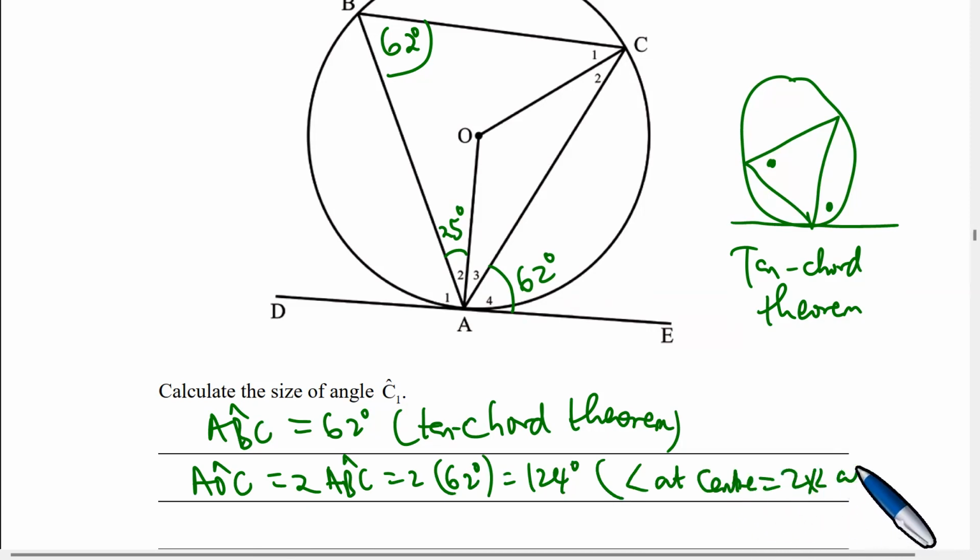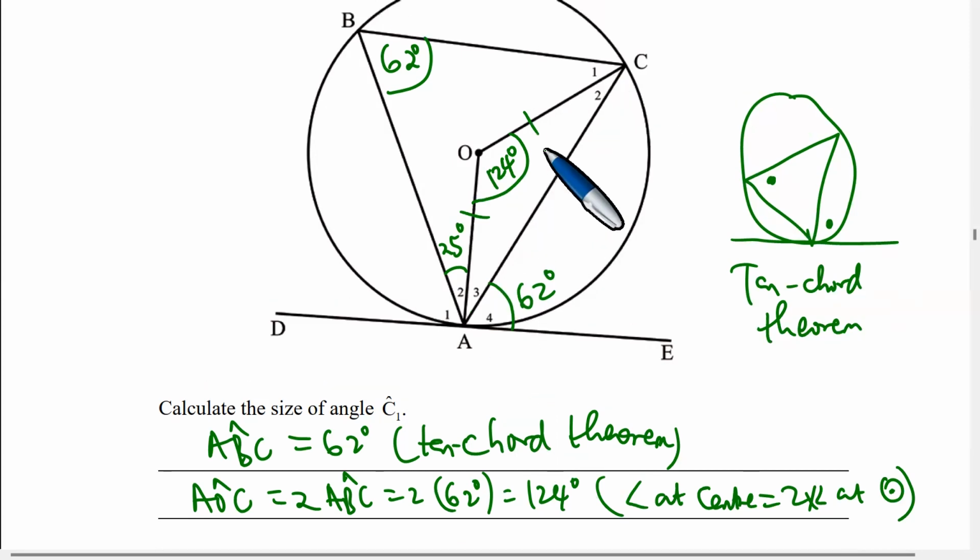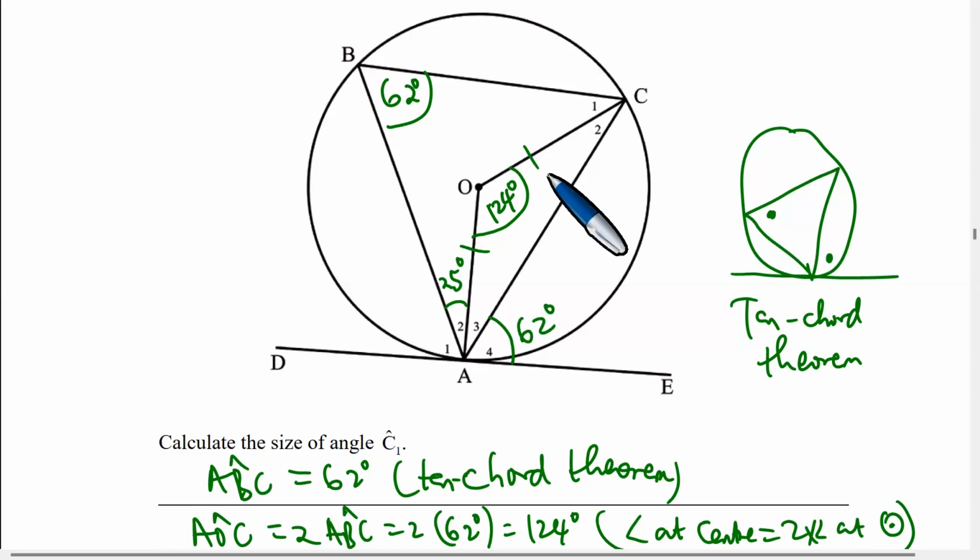Two times angle at circumference. Angle at circumference. So which means, therefore, that this angle here, AOC, is 124 degrees. All right, but obviously this equals this because these are radii. Each one of them is a radius, and therefore we can perform further simplification,